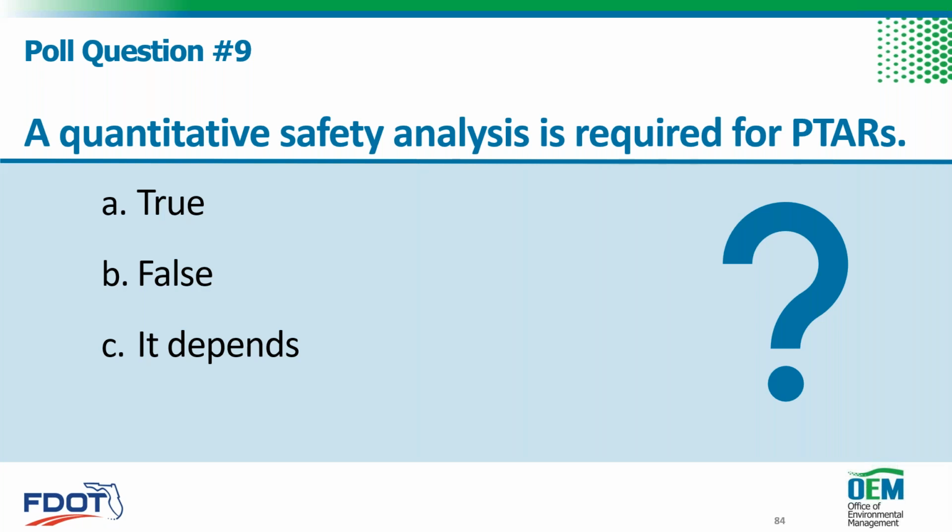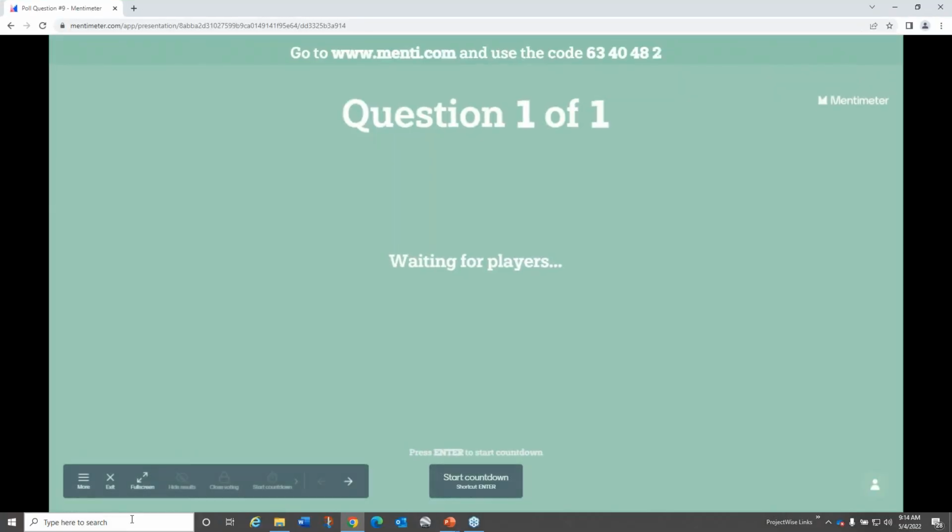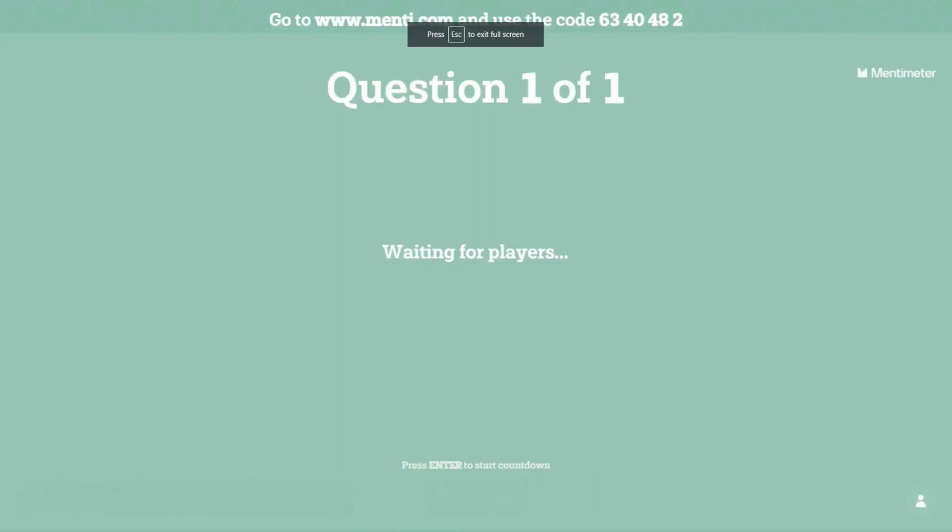I believe Mary is bringing up the Mentimeter or Menti. Is that correct? Yep, almost got it. I think the key word here is required. Oh, there we go. Code 6340482.